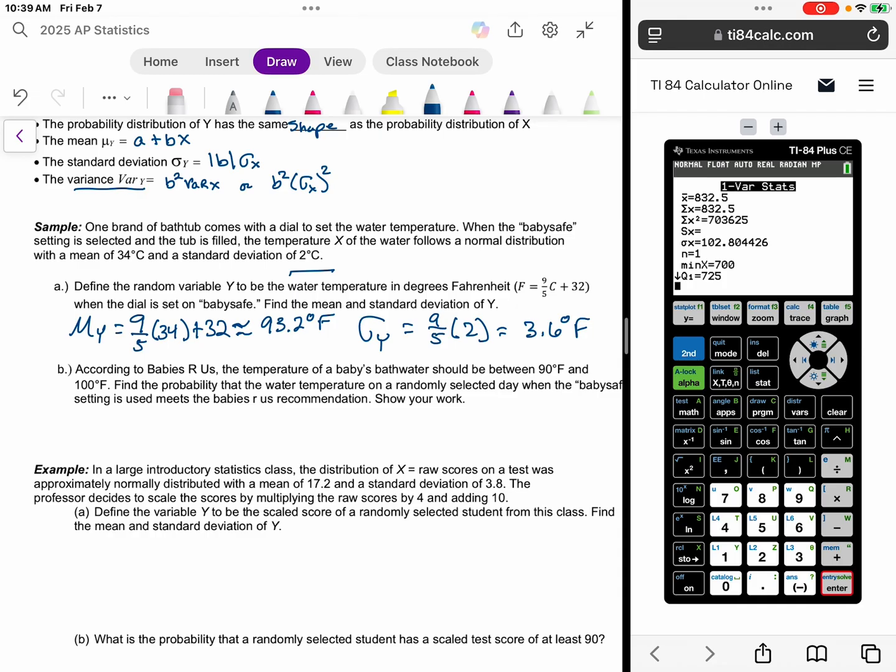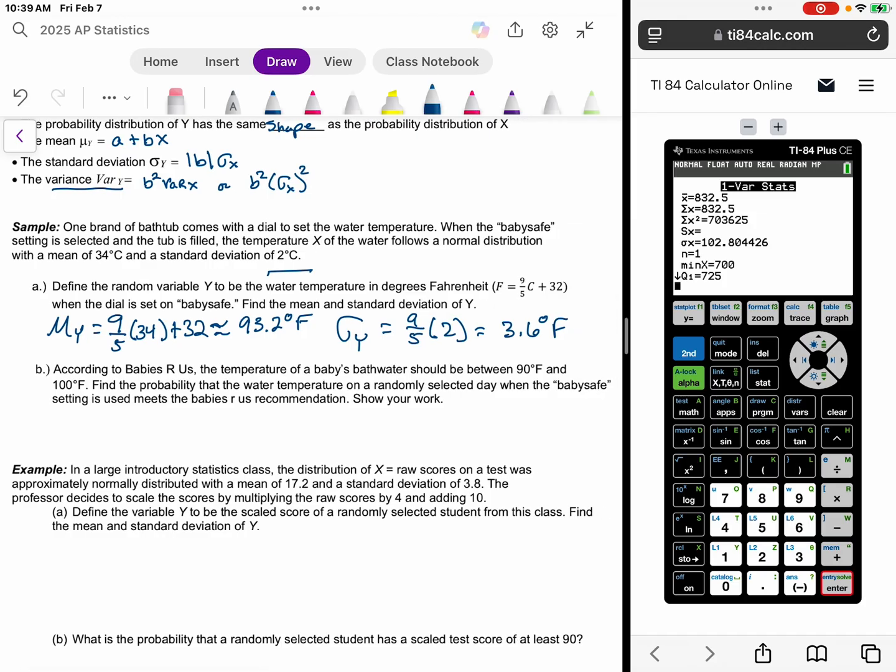Find the probability that the water temperature on a randomly selected day when the baby safe mode meets their recommendation. Show your work. So with this in mind, I'm going to go back up to this problem up here and highlight. They tell us that it follows a normal distribution. So as you look at examples and problems, as you read it for the first time, maybe highlight normal distribution, because that means later on, as we try to calculate a probability, I can use that normal CDF feature